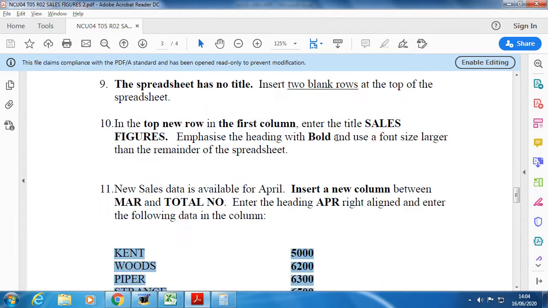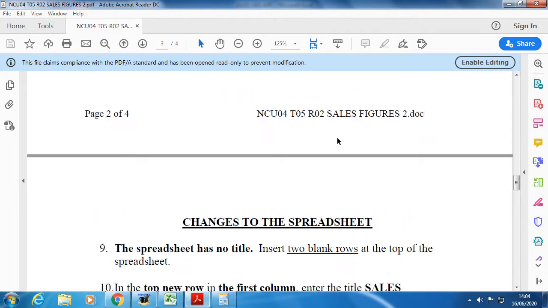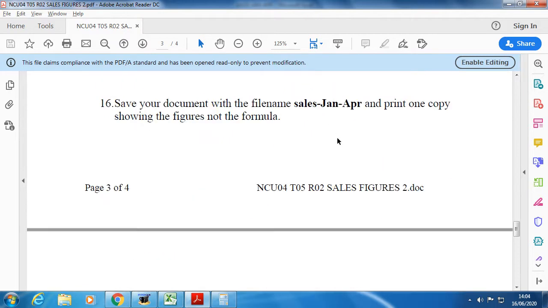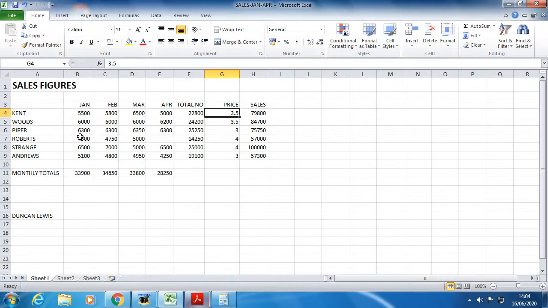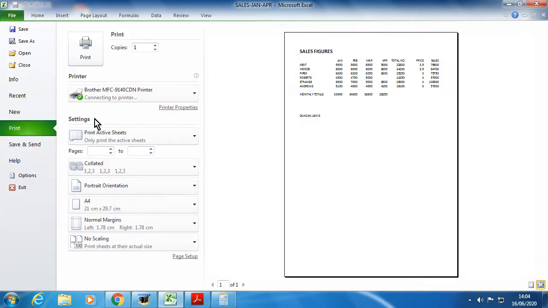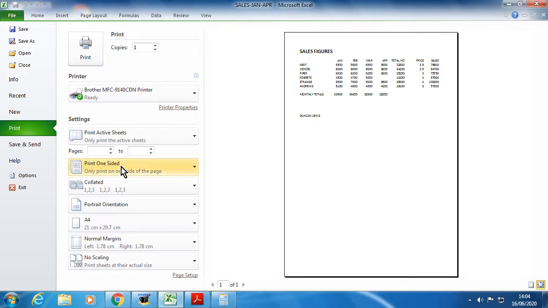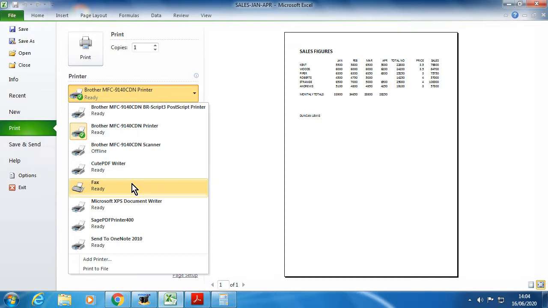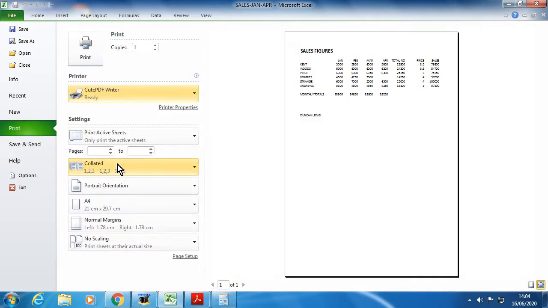Did we have to print on the last one? I don't think we had to, no. So we're printing on this one. So remember, what you do is you go to File and Print, and it just about fits onto the page here, doesn't it? So we're going to change the printer to be Qt PDF, and then we print,